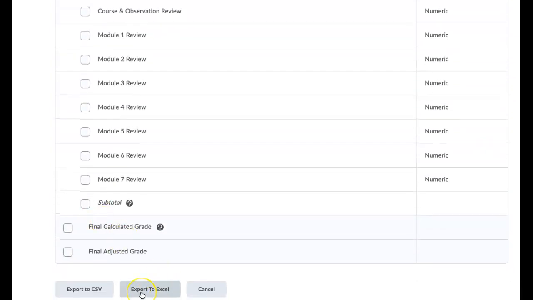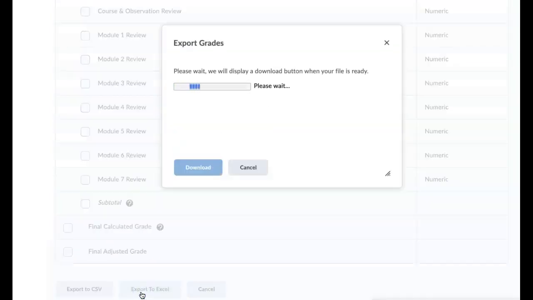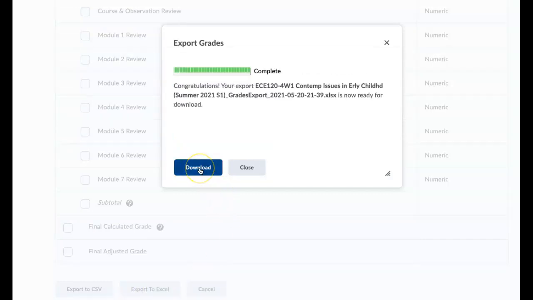And then down at the bottom, you'll see Export to Excel. This will not take long because you're not exporting a lot of information. Just that quick. So we're going to click download,